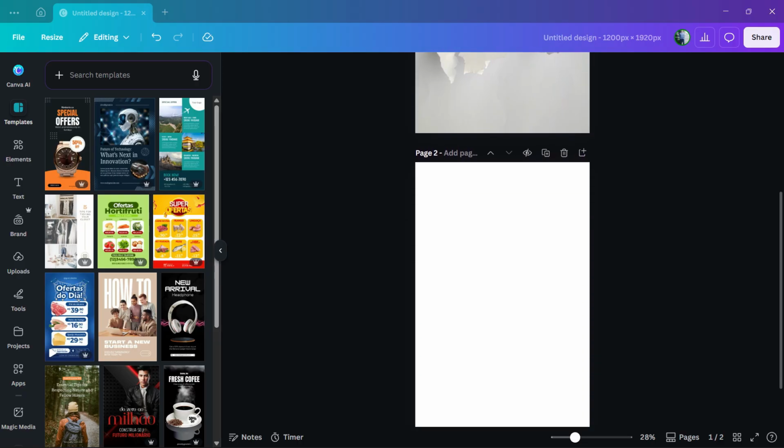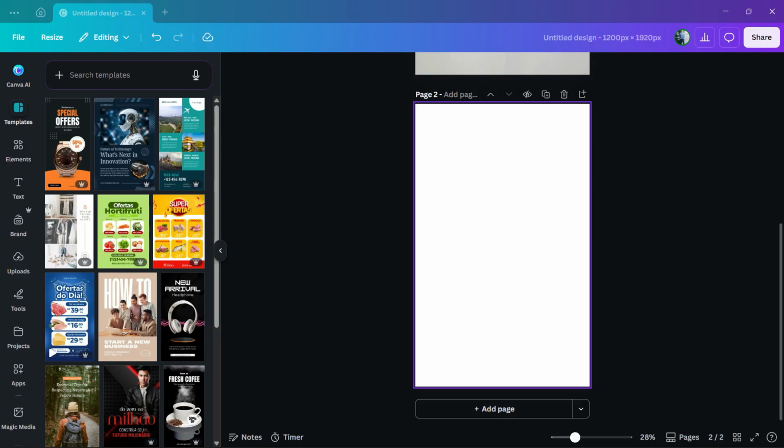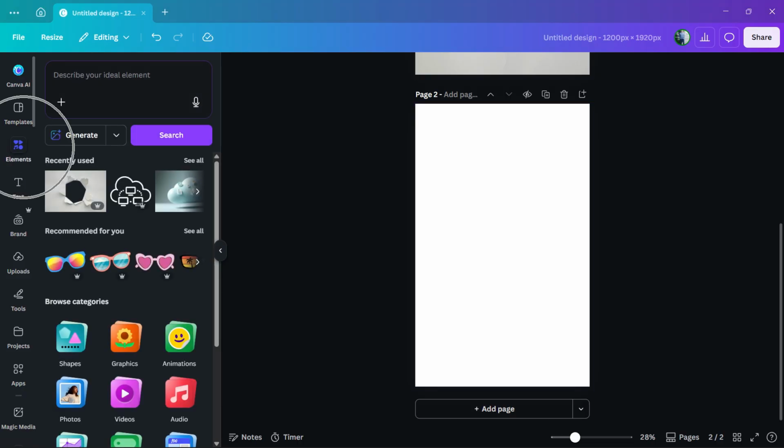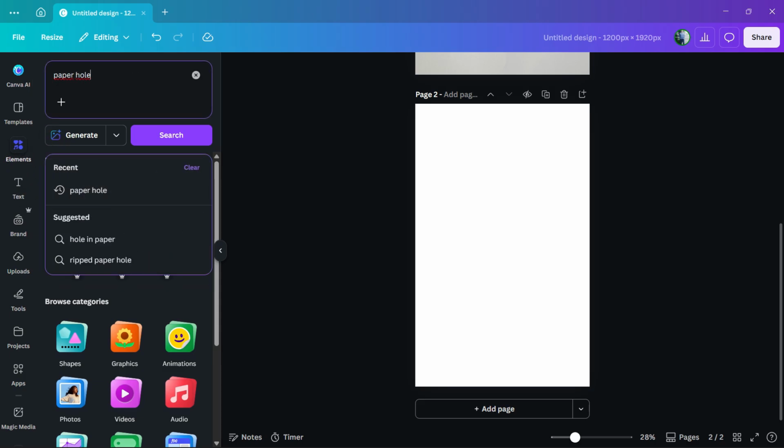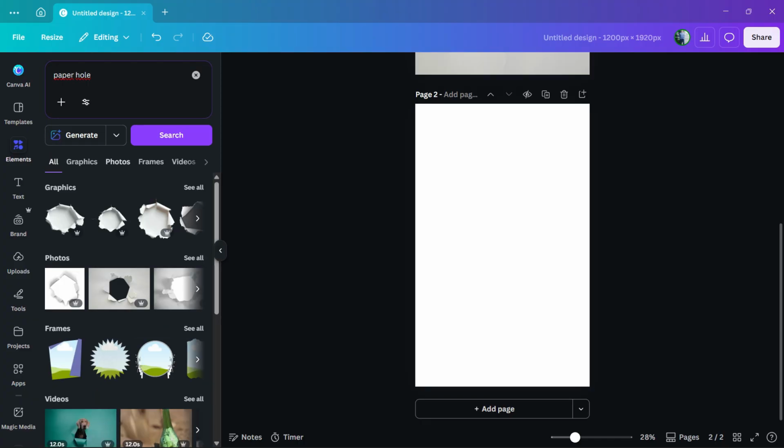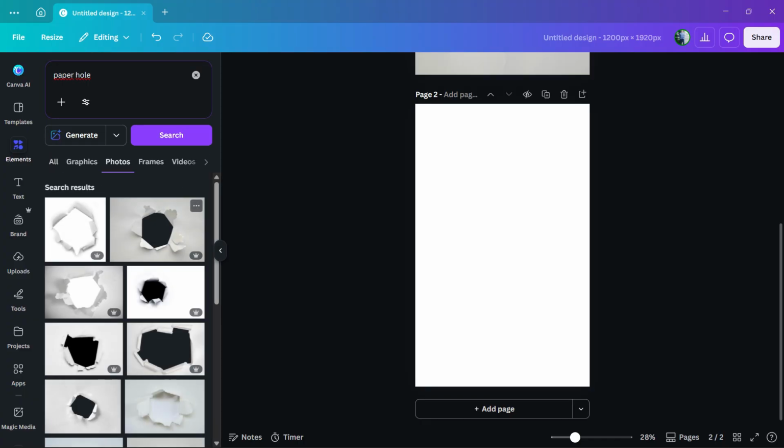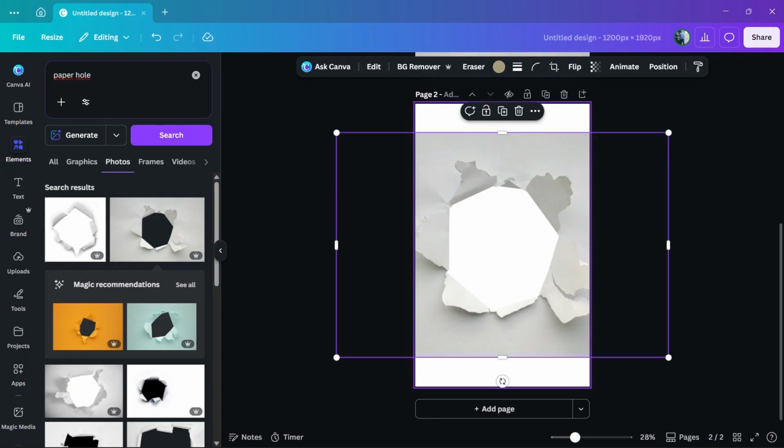After this, go to Canva and find the design in the size that you need, okay? And go to Elements on the left sidebar of menus. On describe your ideal element, you're gonna type paper hole, just like this. Go to Photos and find this photo right here, okay? Then let's adjust the photo